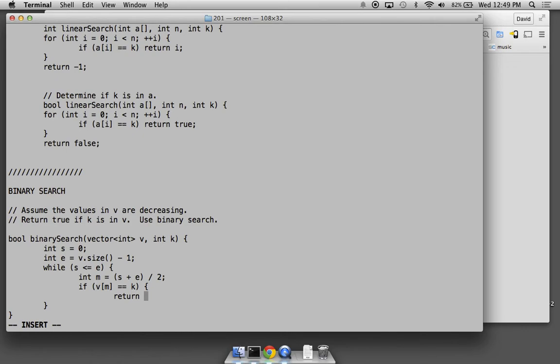We're going to return true. We found it. Else, if what's at the midpoint is less than K,